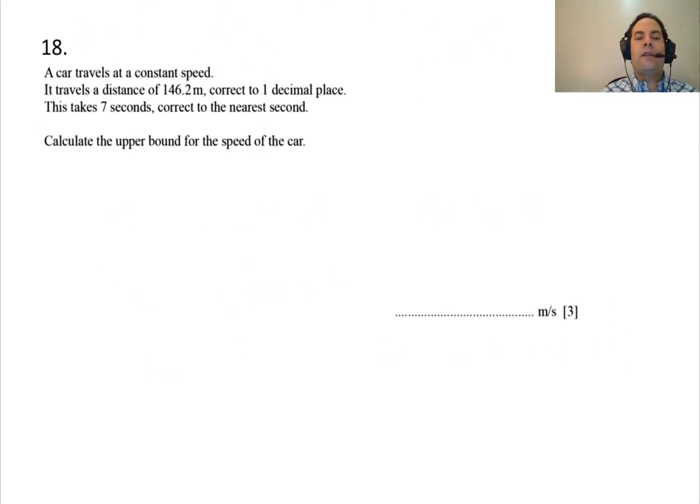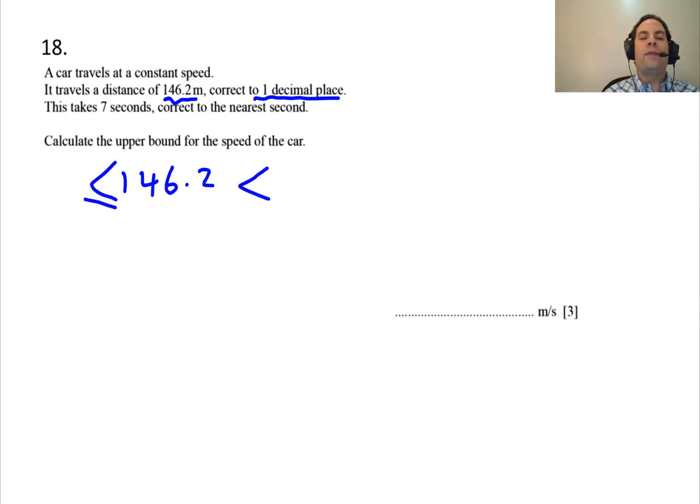A car travels at a constant speed. It travels a distance of 146.2 metres, corrected to 1 decimal place. This takes 7 seconds, corrected to the nearest second. Let us start with the given distance. This distance is not exact, it's rounded, corrected to 1 decimal place. So you can find the upper and lower bound of this value. How? To get the limits,